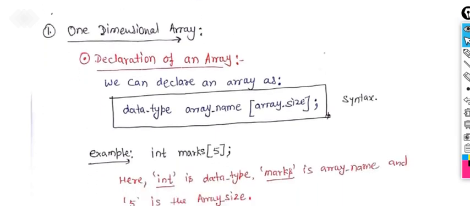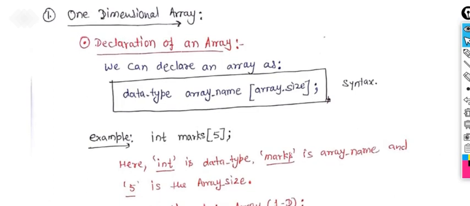First we have the one dimensional array. Before going through the example for the one dimensional array, there is a need to understand the declaration part, how to declare an array. This is the syntax to declare the array. First you write the data type, then the name of the array variable, then in the subscript you write the size, how many elements you want to store in the array.